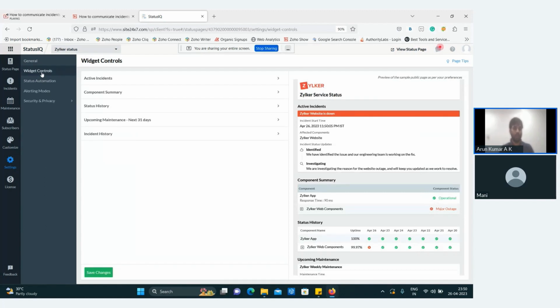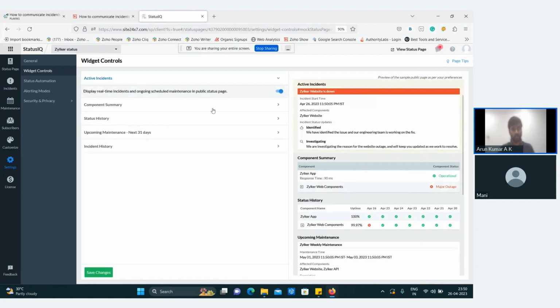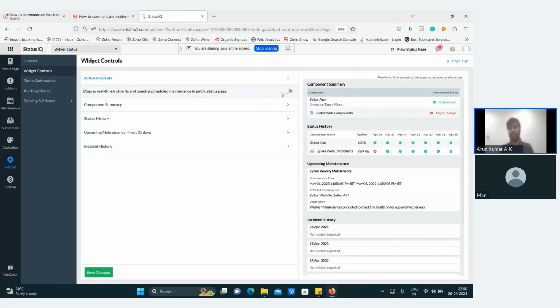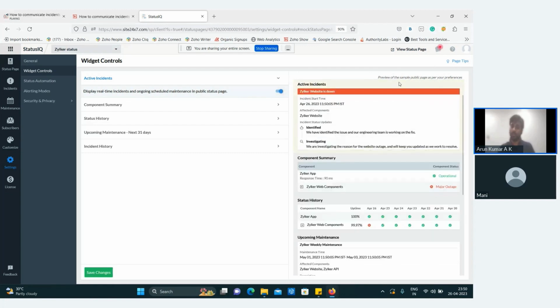So you can decide if you want to show your active incidents, component summary, status history, upcoming maintenance, or incident history. In case I don't want my active incidents to be visible on the public status page, you can just disable this option. And on the right, you also have the preview of how it looks. And if you enable it, your active incidents will be visible on your private status page. This one we have, and then we have